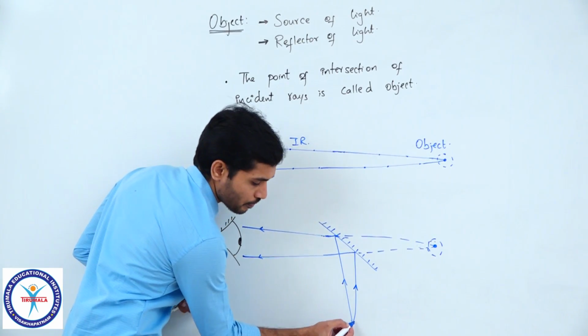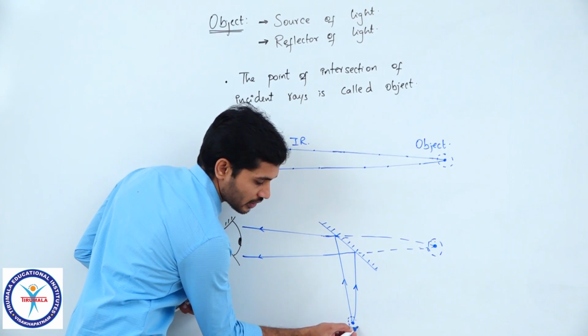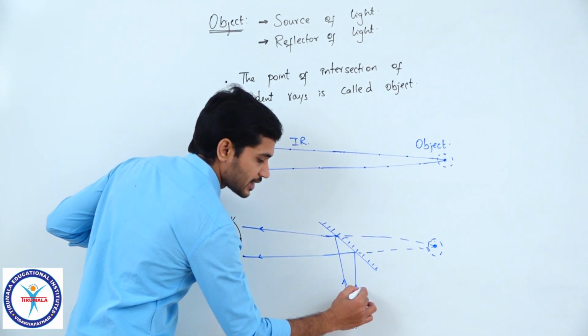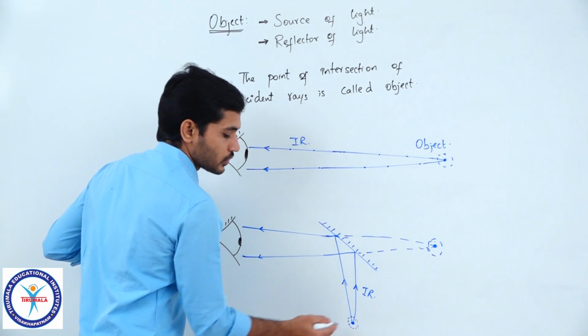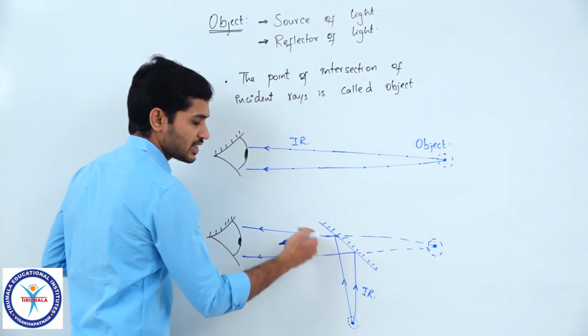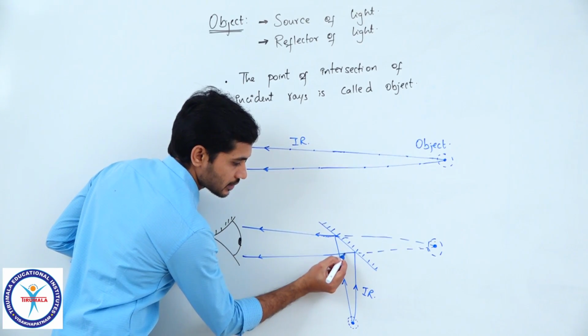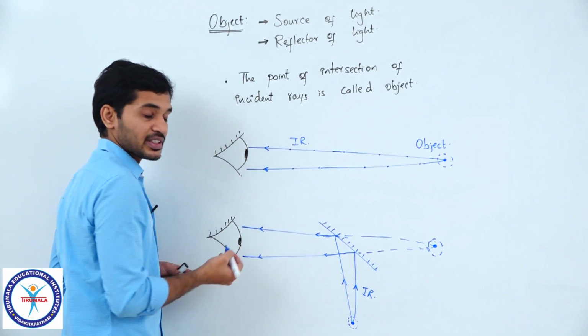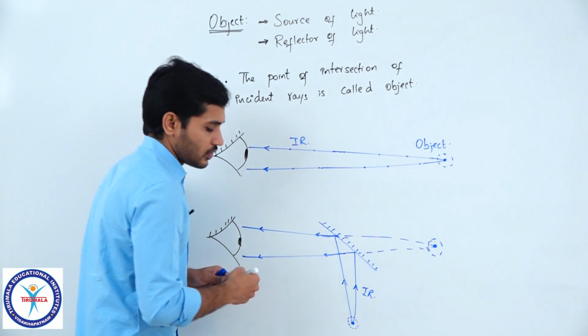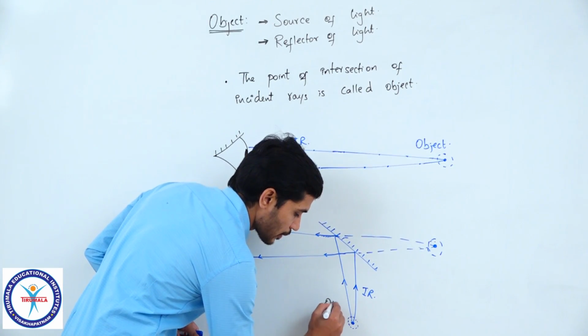If you see here, this is the point from which the light rays are originating and striking the mirror, and these are the incident rays. When these incident rays strike the mirror, these are the reflected rays which the person is actually receiving. In such a scenario, we define that this is the object for the mirror,